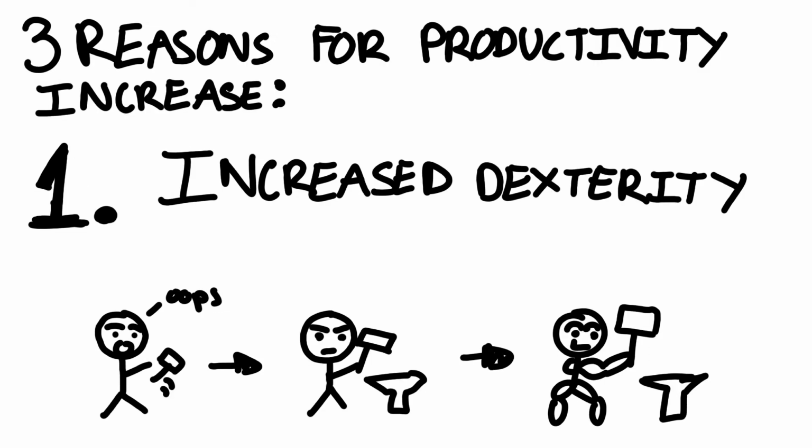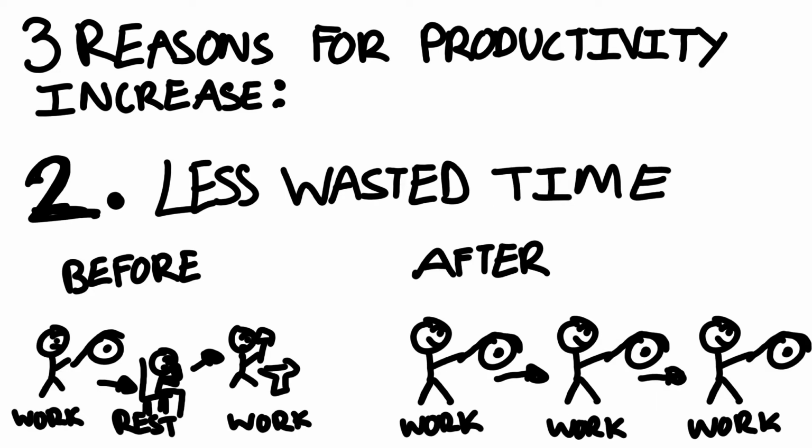And there are a couple of reasons for this. So first of all, the skill of the person is increased, like their dexterity, Adam Smith says, their ability to perform that task. Then you have the time wasted lessened, because this person, maybe one person doing a job of every single job of the pins, he's going to get annoyed at having to switch tasks all the time.